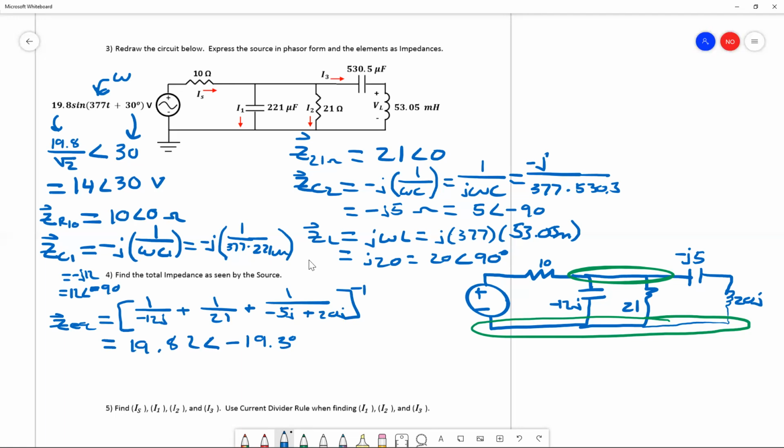And all we have to do to finish it out then is add this resistor right here in